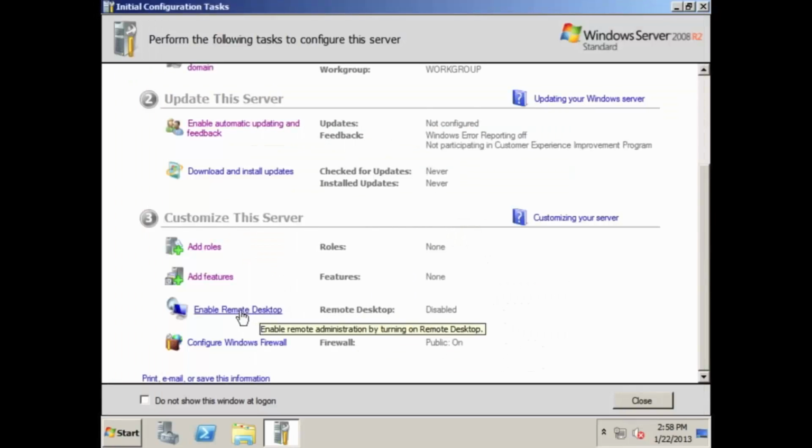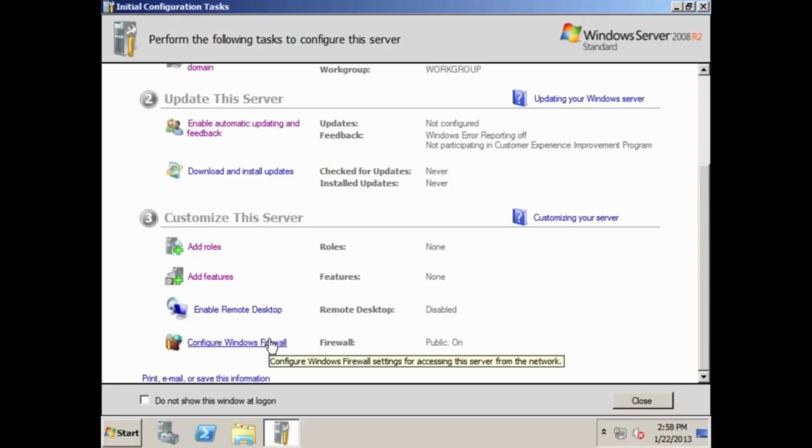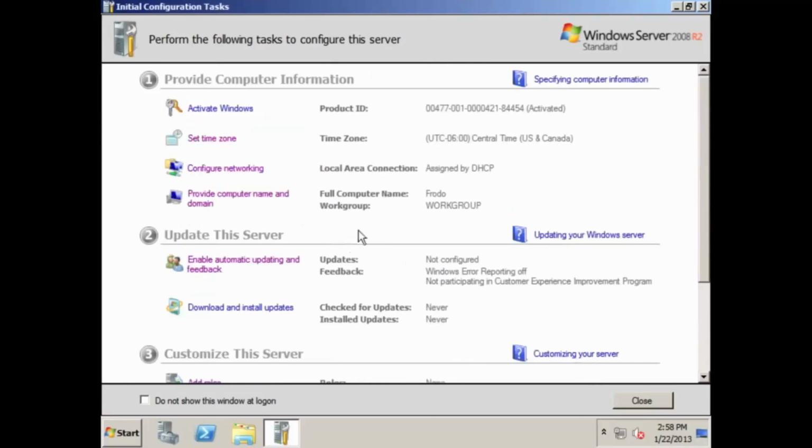We can enable or disable remote desktop. I definitely prefer it being disabled at this point, although there are many cases where we want a Windows server to accept remote desktop, and we would control through group policy who can access it, at what times, and from where they can access it by remote desktop. And then also Windows Firewall. We'll go ahead and leave Firewall on, but at one point in our class we will need to turn the firewall off for some of the changes that we'll make, but generally speaking we want our Windows Firewall to be on. Okay, so at this point we've gone ahead, we've installed